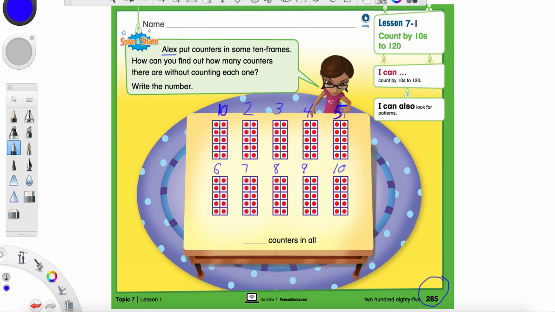We know that, we've been working with these all school year. So this is a really cool, easy way to figure out how many red dots or red counters you have in total when you have full 10 frames. All we have to do is number the 10 frames, add a 0 to the end, and that tells you how many. So if I were to circle